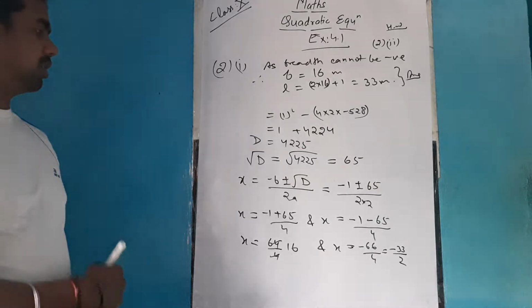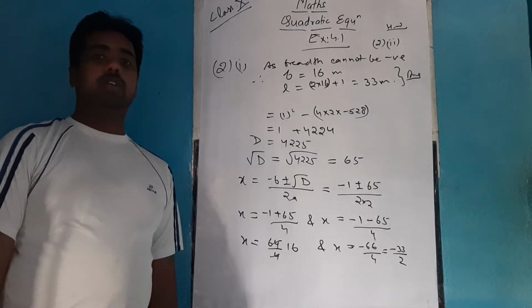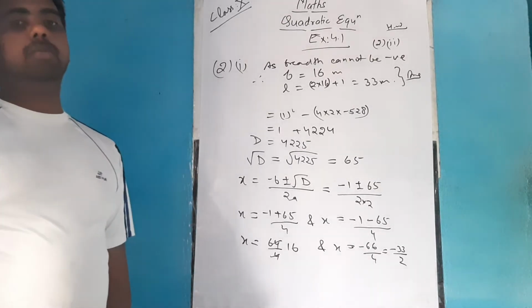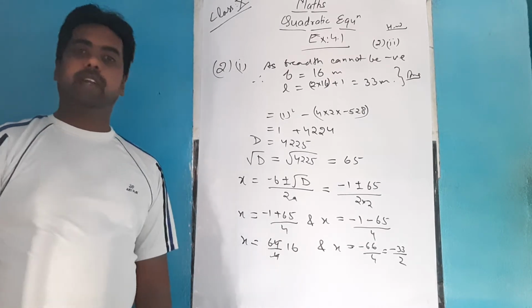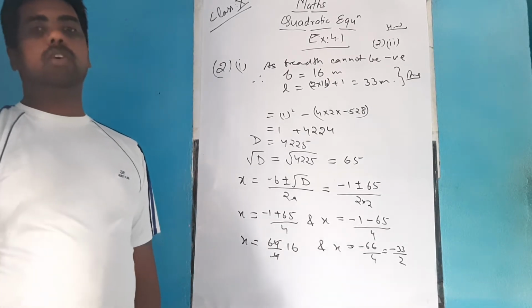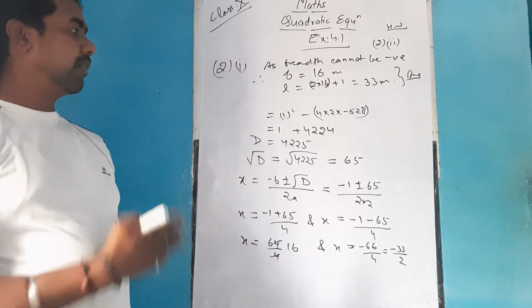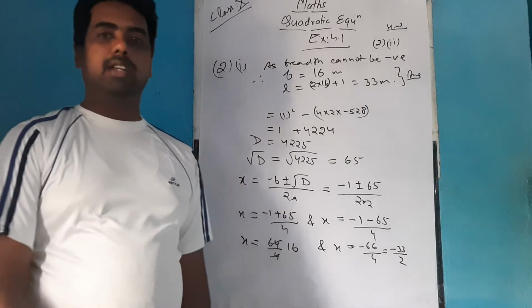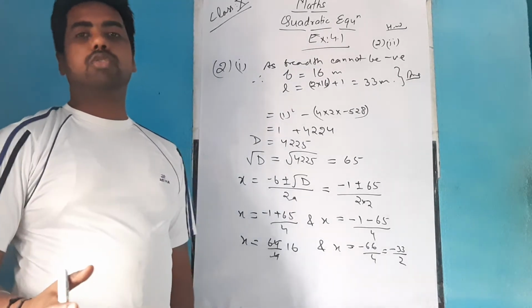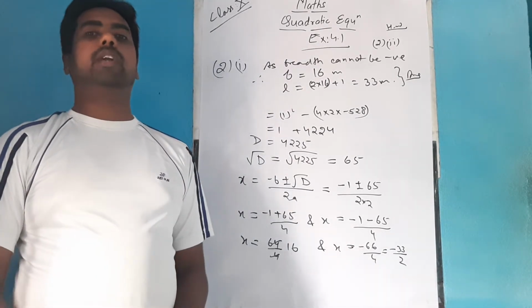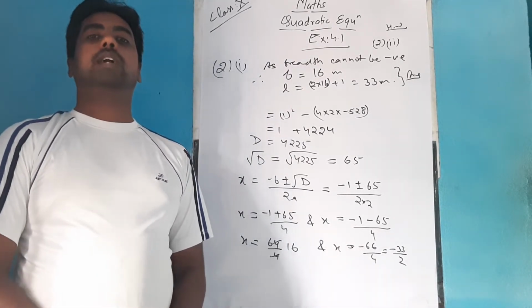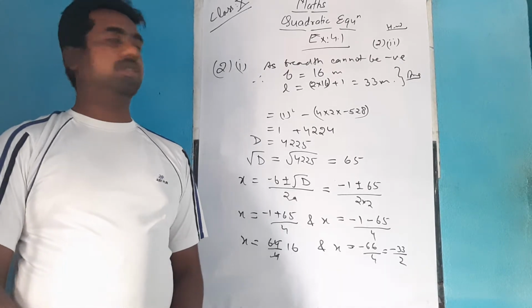According to the condition, this will be the solution. So your first motive should be how we can form a quadratic equation. If from the given word problem you are able to form the quadratic equation, then it will hardly take 2 to 3 minutes to find the solution. So your main motive should be how to form a quadratic equation. Just focus on how we are forming the quadratic equation.